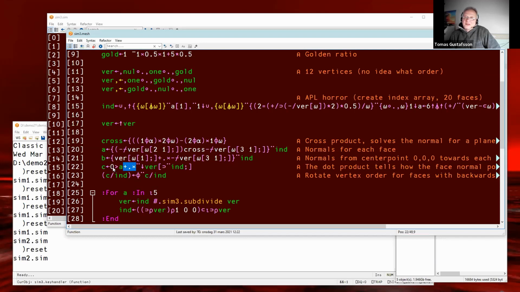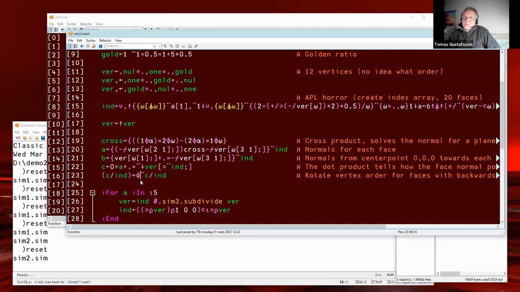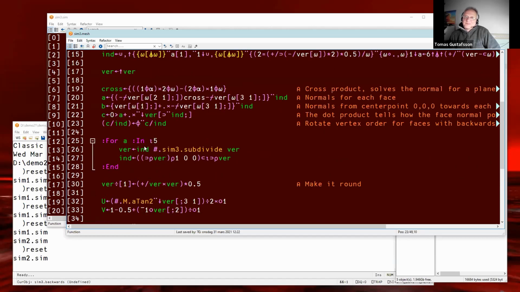I seem to put into C that if the dot product is smaller than 0, then each scan int will be rotated. Rotate vertex order for faces with backwards vertex order. Okay, very smart.